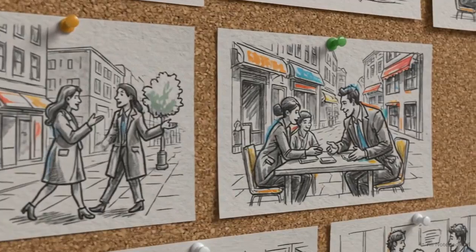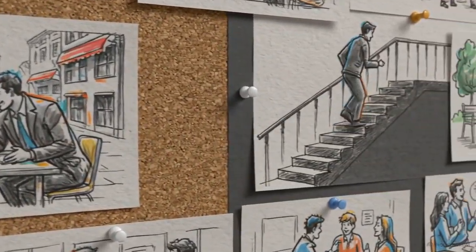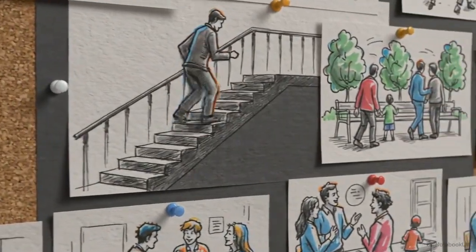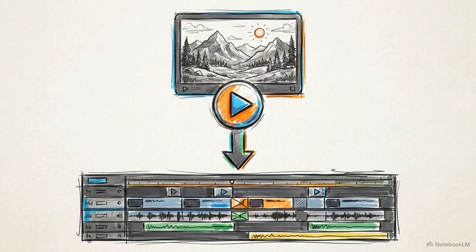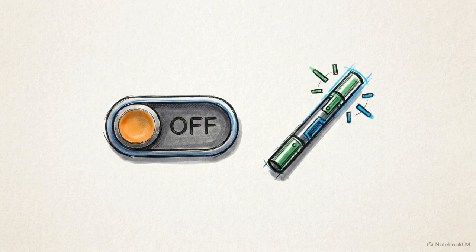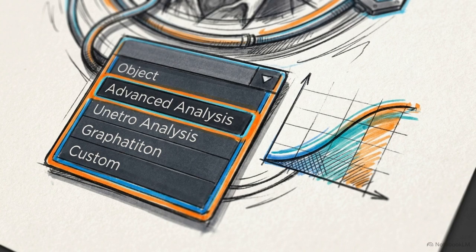Now we need to convert these static storyboards into kinetic motion. We can instruct Claude to batch animate the still frames using the Kling 3.0 model. For higher precision, you can use the manual override. Inside Whisk AI, every generated frame includes an animate button that loads that specific image into a video timeline. When using the manual override, disable the agent mode toggle first. Leaving it on allows the AI to interpret your prompt creatively, which can introduce unwanted visual errors during the animation phase. Next, select the video model Veo 3.1 Lite.